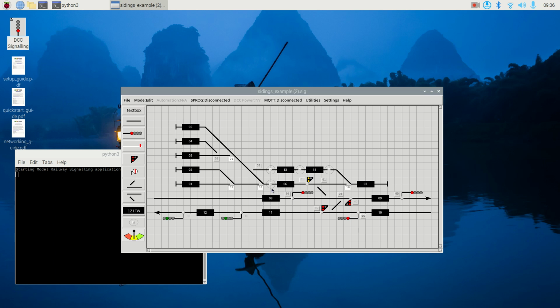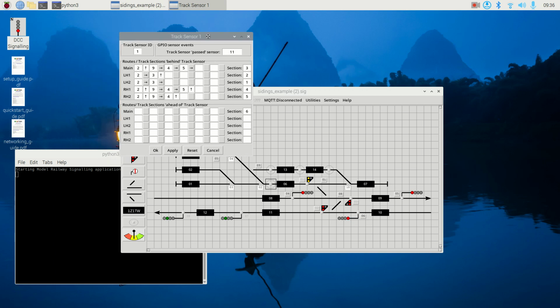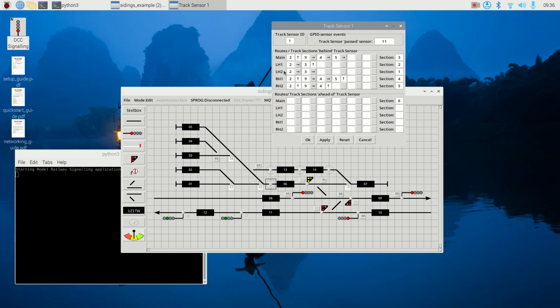So if we just open one of those up to show you the configuration, so we'll just double click on that, and you can see the configuration is all about track occupancy changes, and the configuration is broadly similar to how you configure the track occupancy changes for signals. The only real difference is that you can have multiple routes behind the track sensor as well as ahead of the track sensor. So for example here, if you look behind the track sensor, which is to the left of